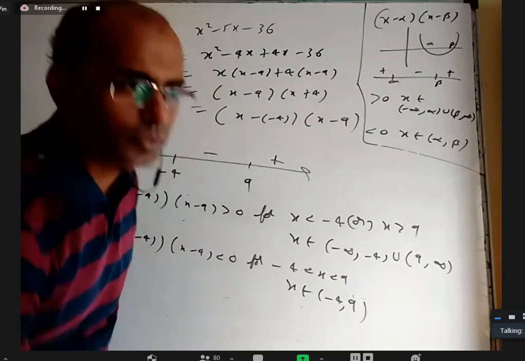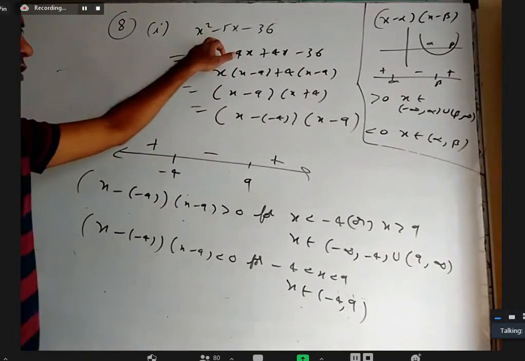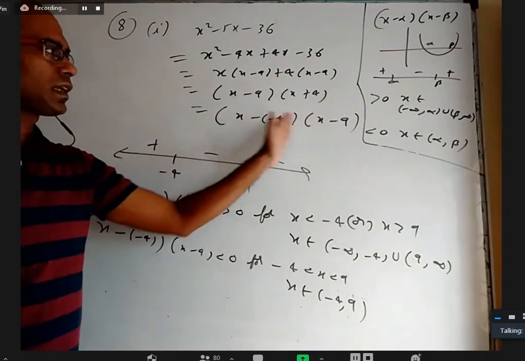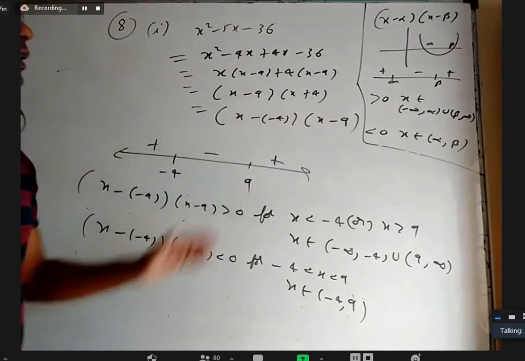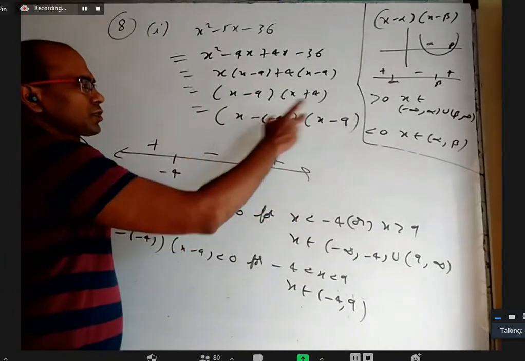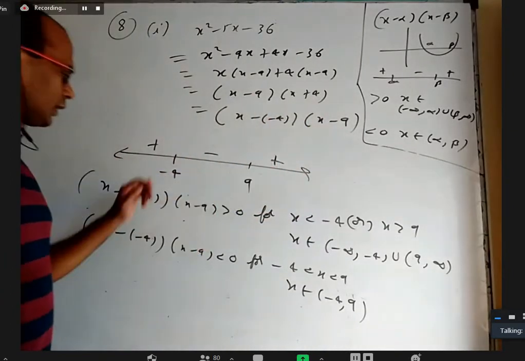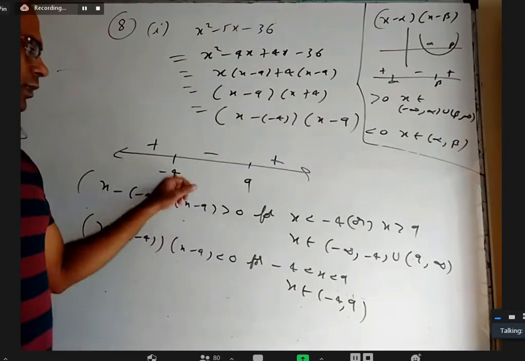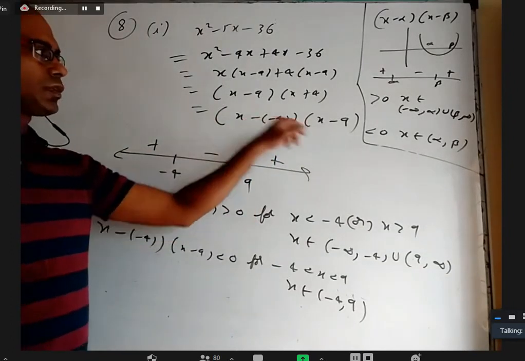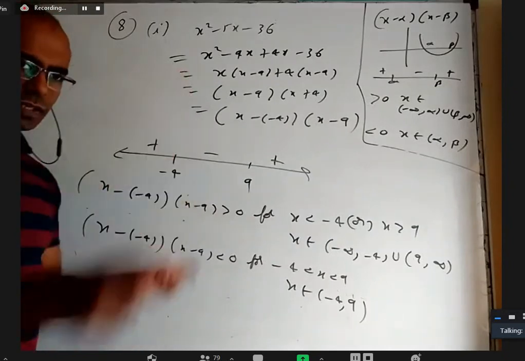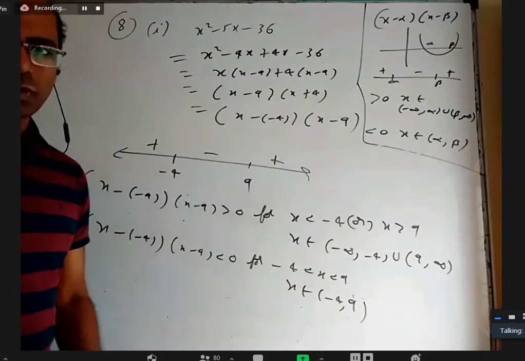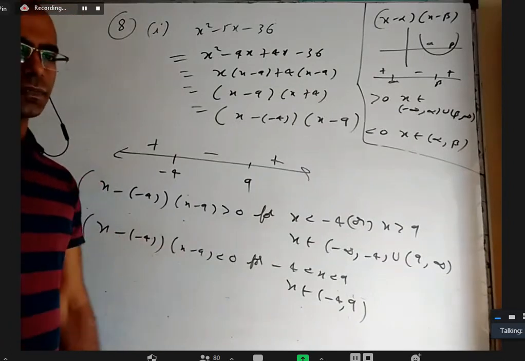Yeah, now coming to this present question, we factorized it. We wrote (x minus 9)(x minus 4). It looks like (x minus alpha)(x minus beta). This is a number line. Anything more than 9, both factors are positive, the product is positive. Anything before minus 4, both are negative, again the product is positive. Between these, it is negative because one is positive and one is negative. Earlier we wrote the whole table, positive here, negative, positive, multiplied and all that. Now onwards we will not repeat all those basic steps.